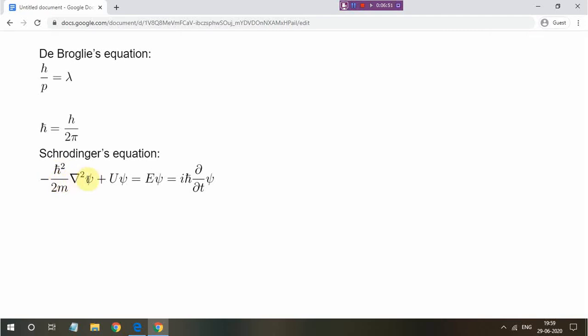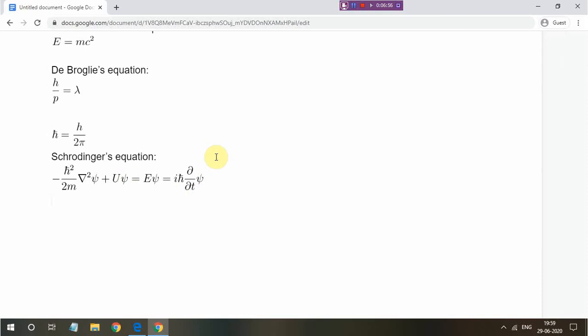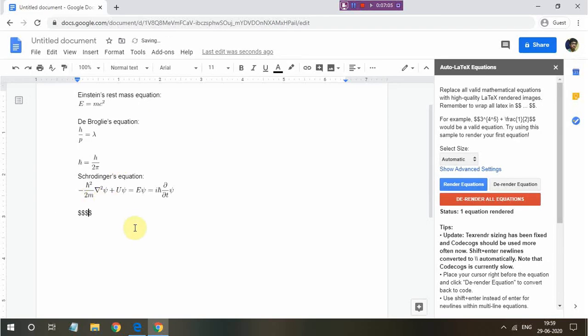And minus h bar squared over 2m nabla squared plus U, this thing collectively is called the Hamiltonian operator, which will give you energy when it's operated. That's actually a quantum operator. And if you want to expand this Laplacian operator, we can do it like this. There can be any function here, that could be psi also. So here we're showing it for psi.